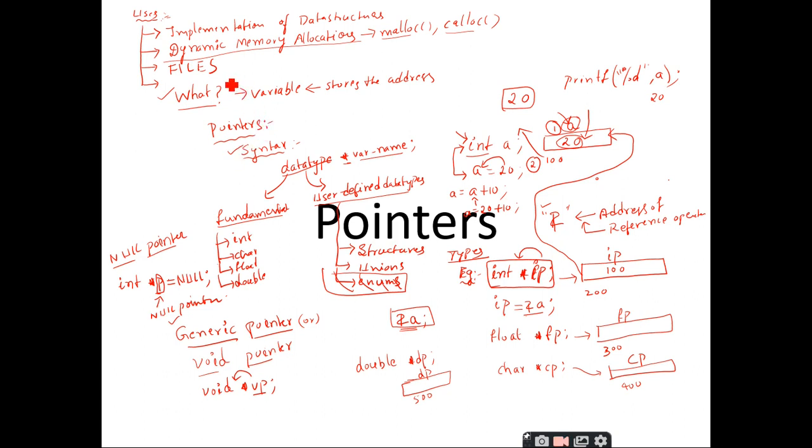So when you are dealing with files in the C programming language, the first and foremost step you have to do is create a file pointer. That is done with the syntax: FILE star fp. This file pointer is the base for any file operation.